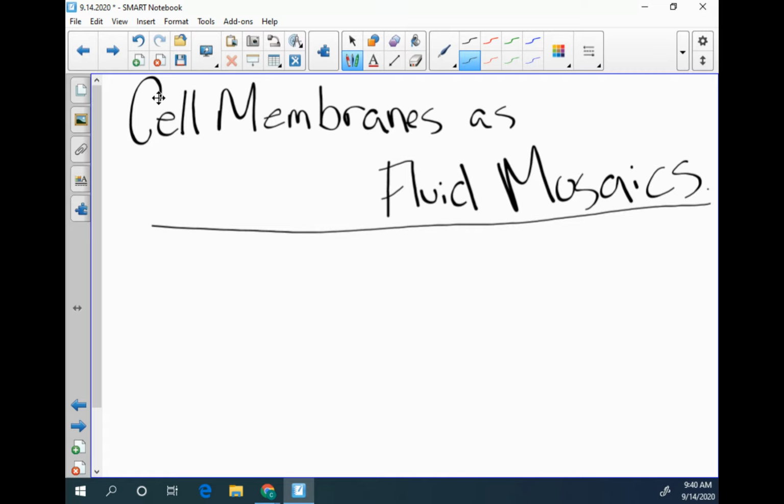Or just the concept of a mosaic in art class? A lot of people use that word to describe cell membranes, only instead of being just solid, they are also fluid. So, the plasma membrane,